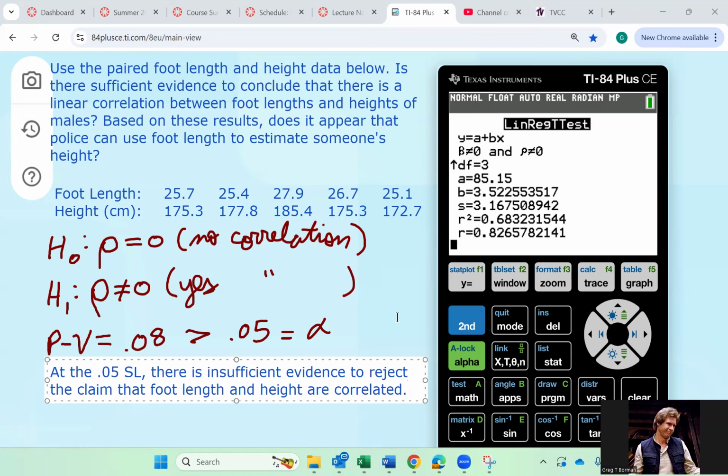Okay. So with that in mind, the follow-up question says, based on these results, does it